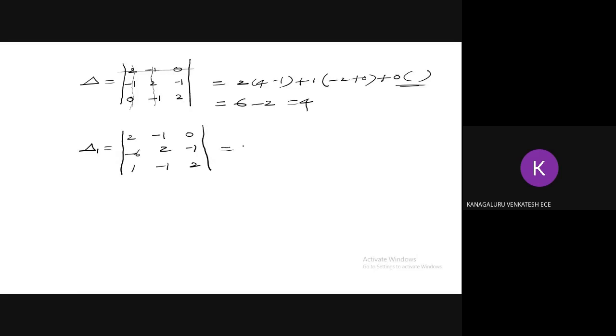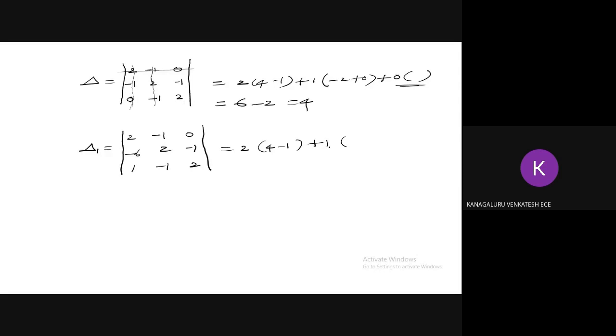Similarly find out 2 multiplied by 4 minus 1 plus 1 multiplied by, yeah, please. Can we use a calculator in the exam, sir? No, you will have a step mark. So you are supposed to do either the elimination method. Maybe if the question is asked for 2 marks, something like that, or 4 marks, you can use a calculator and do it. So you'll have a step mark. You're supposed to do either Cramer's rule or else you can go with the elimination method. You'll have a step mark. Maybe you can cross check whether your answers are right or not later on.